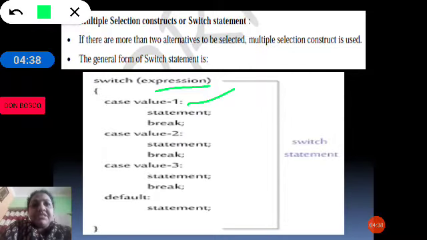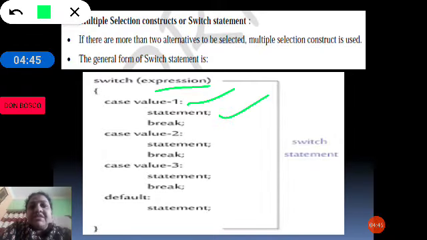The expression is tested against the case values. If the expression is equal to case value 1, then this statement is executed and control breaks out. Otherwise, the expression is compared with case value 2.